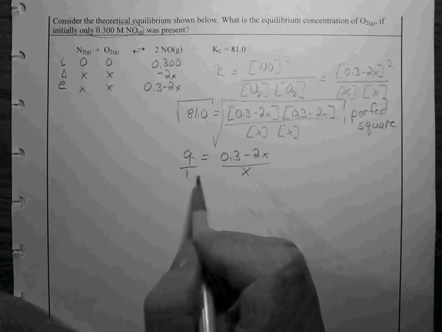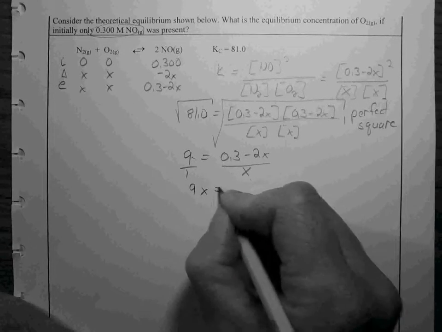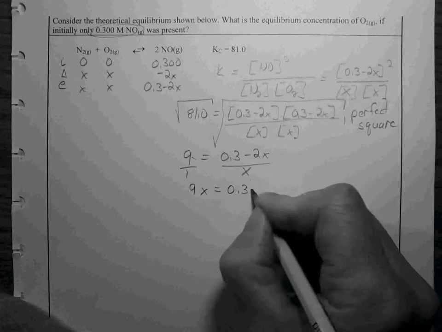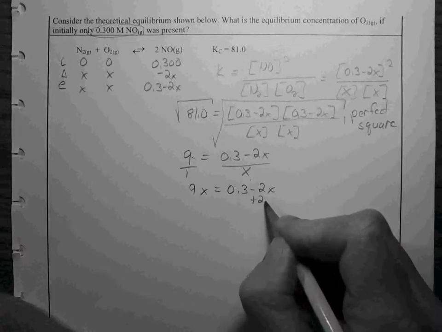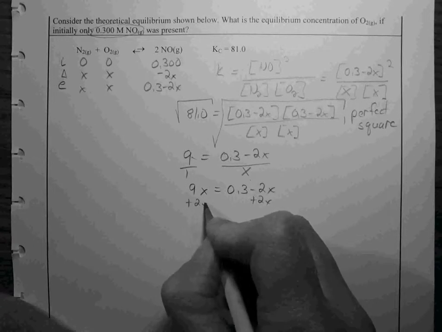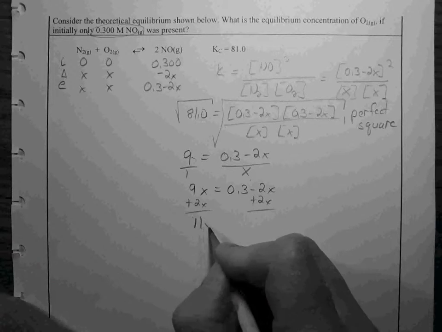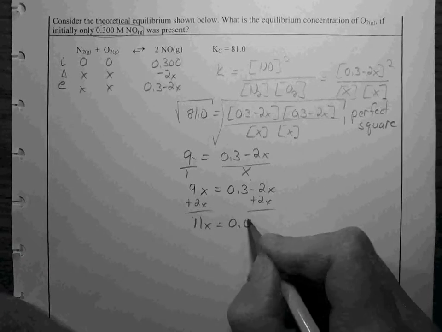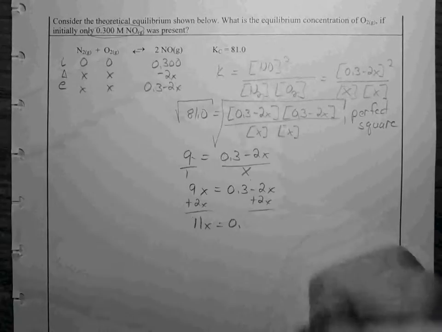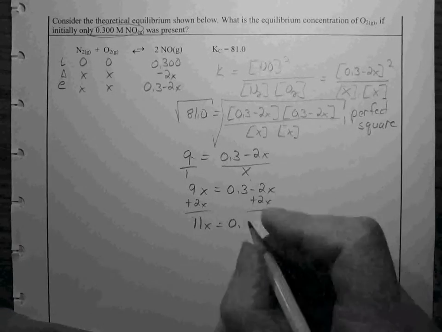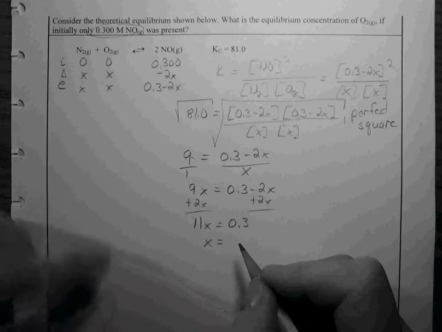Okay, if we cross multiply, we can solve for x. We have 9x equals 0.3 minus 2x. We want to collect like terms. So we have 11x is equal to 0.3, and x, which is equal to